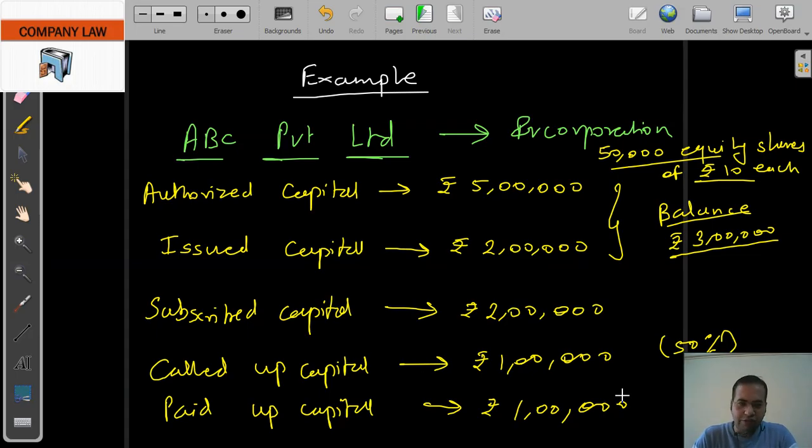So see the difference. Authorized capital is the uppermost capital which is on the paper, not required to be issued or paid up. It is just a provision a company can make while going for incorporation, or from time to time, whenever a company requires more funding, it may go for the alteration of memorandum and increase the authorized capital.